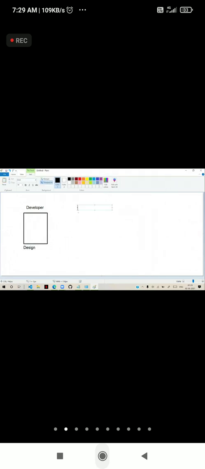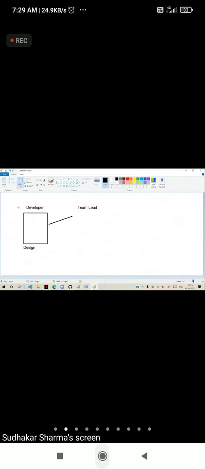After you designed, you have some team lead, and this team lead is verifying the page that you have designed. That means the page that you have designed is verified by your team lead.